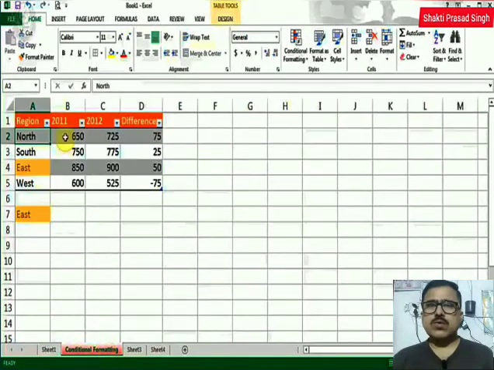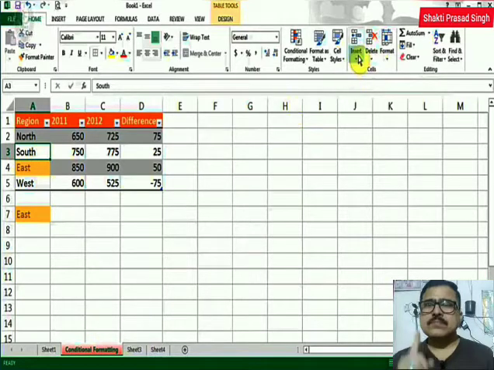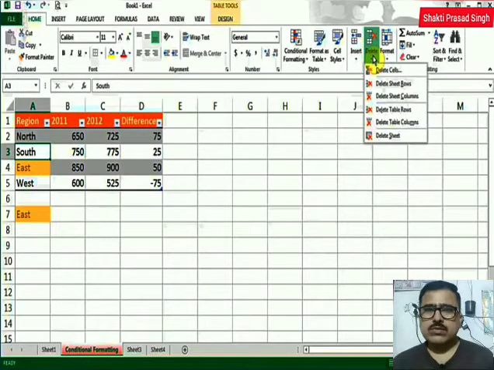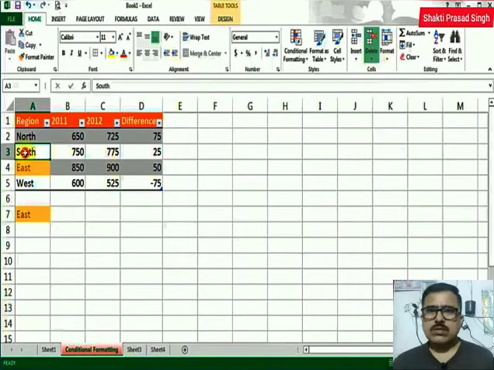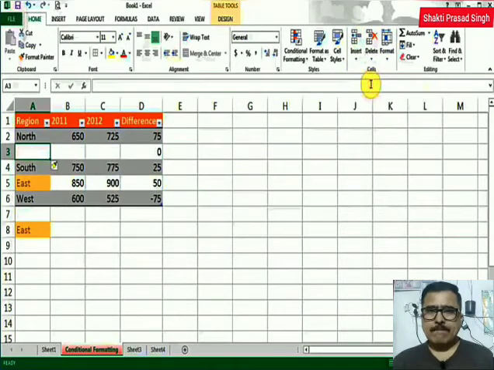Conditional formatting. So up here I want to talk about this insert delete button. Say you made some mistakes and you wanted to add some rows, or you wanted to add a cell, you can do that using the insert button. So I can add rows, I can add columns, I can even delete rows or delete columns, or I can even delete cells. So just to show you this example, I'll click here on South and I can insert a sheet row, and you see it adds the row, and say this was like North 1.1,